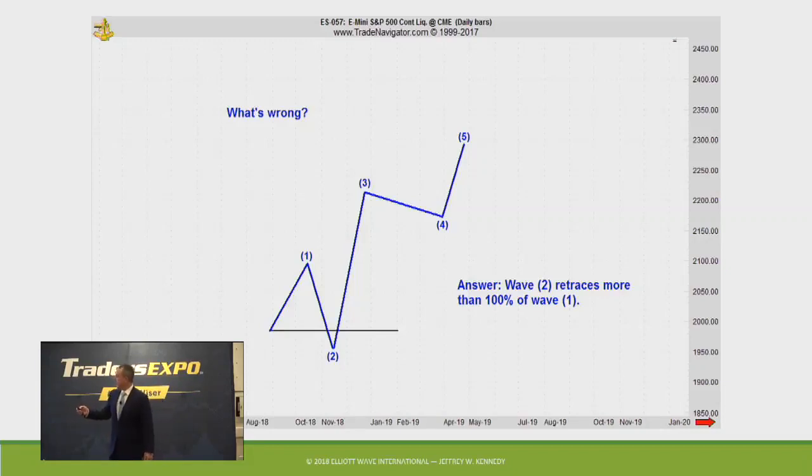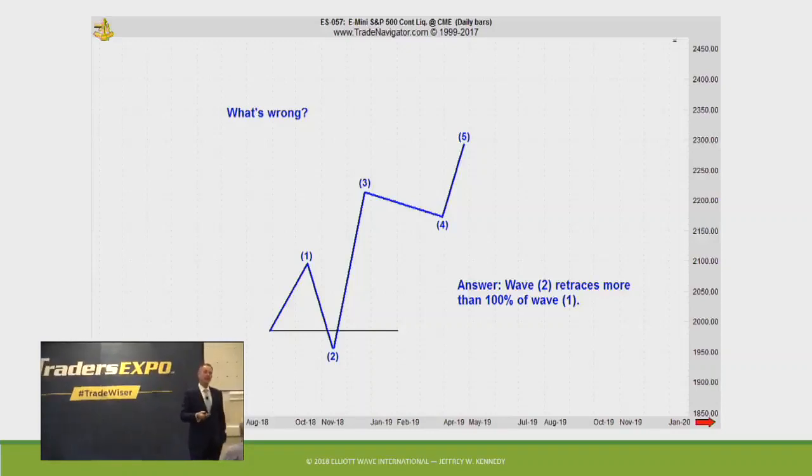No, probably what happened in this case here, that's 3, 4, 5, A, B, C. But it's not an impulse wave. There will be another count. But the point is, I see a lot of bad Elliott out on the internet, and the reason why is because the practitioner is simply not following the rules and the guidelines.